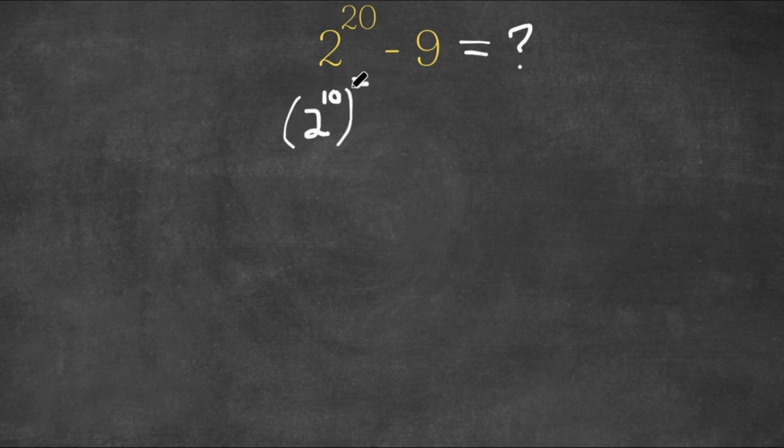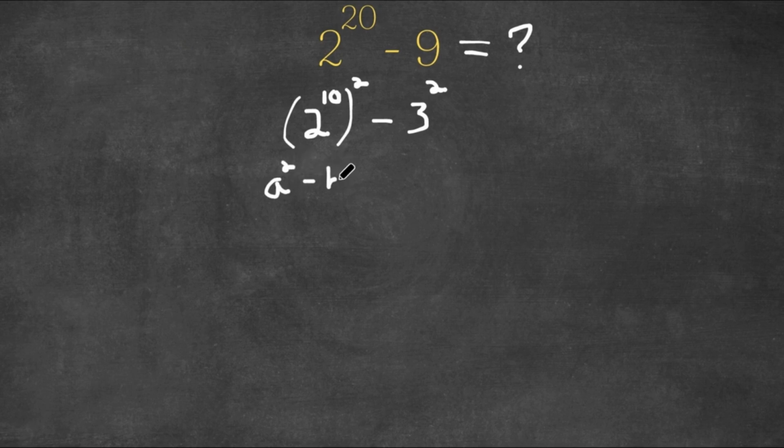Remember, when we have something like this, we simply multiply these two exponents, right? So we're simply reversing that. And this is just to make it a little simpler. And we're going to subtract this with, we're going to change 9 to 3 squared. And remember, if we have a squared